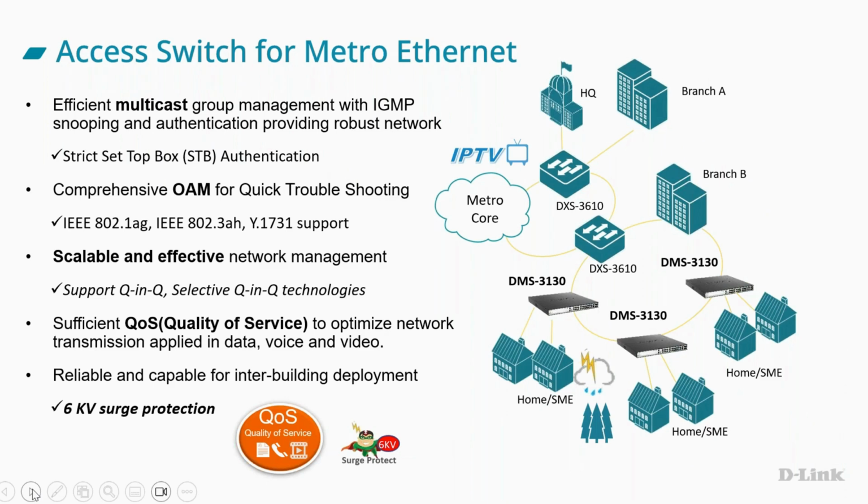In addition to that as well, the DMS 3130 or multi-gigabit managed switches also offer a rich feature set that even telcos or ISPs can take advantage of as well. There's a number of features within these particular switches that allow you to provide, again, multi-gigabit access directly to that home or that business, while also including some of those features that telcos can take advantage of within